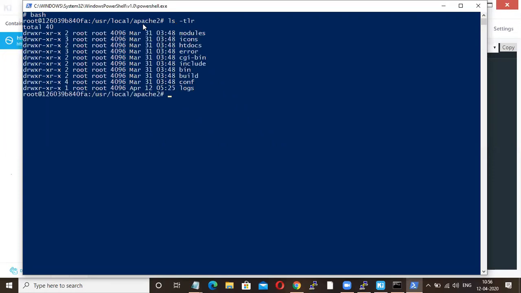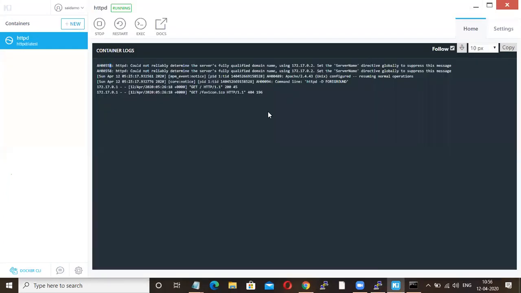Yesterday I told you how to log in inside your container, right? So this is the way to work with the CLI. But again, don't forget, all these containers will be created on your local desktop, not in your AWS machines.